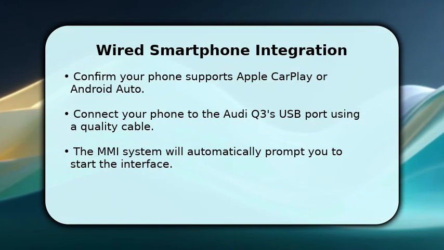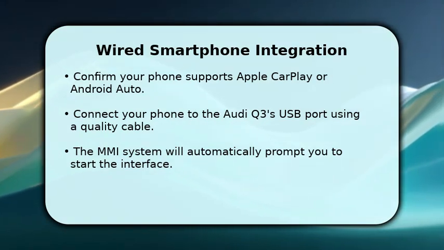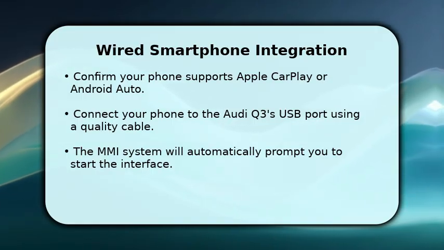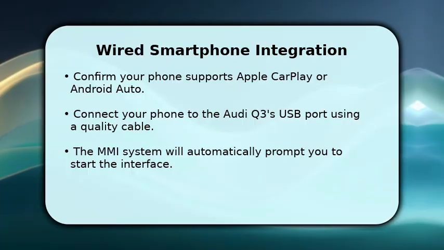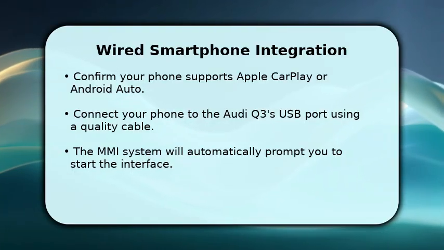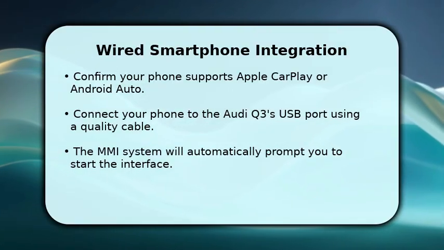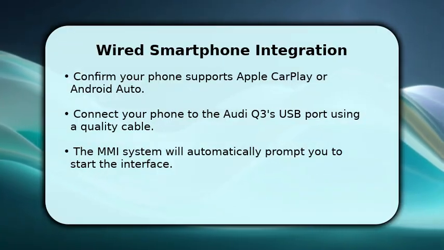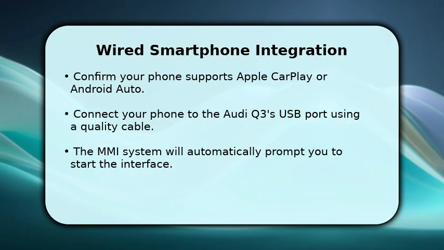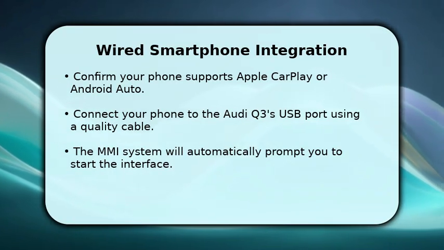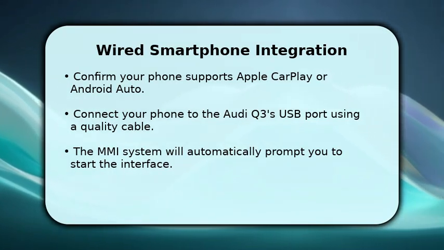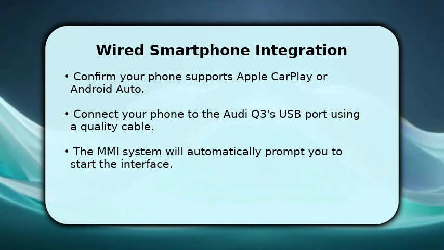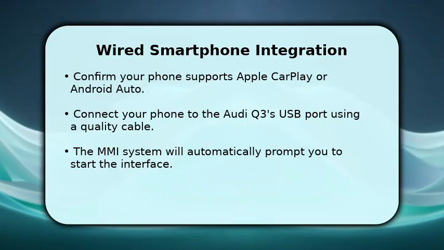For wired smartphone integration, first verify your phone supports Apple CarPlay or Android Auto. Then, use a certified USB cable to connect your phone to one of the Audi Q3's USB ports. The MMI system should automatically detect the connection and prompt you to launch either CarPlay or Android Auto. Simply accept this prompt, and your phone's compatible applications will appear on the MMI display, offering seamless navigation and media